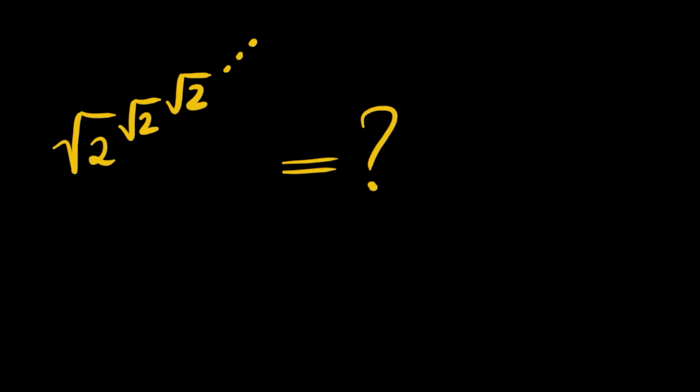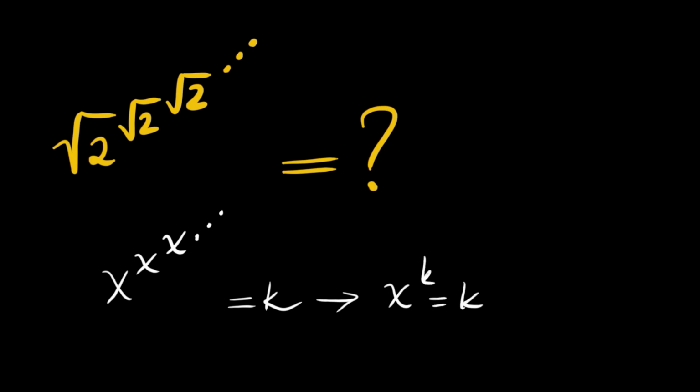We have root 2 to the power of root 2 to the power of root 2 and so on and so forth, an infinite power tower, all with root 2. Now in these power towers, let me just tell you about them shortly. Let's say this x to the power of x to the power of x, so on and so forth, is equal to k. Then we say x to the power of k is equal to k,